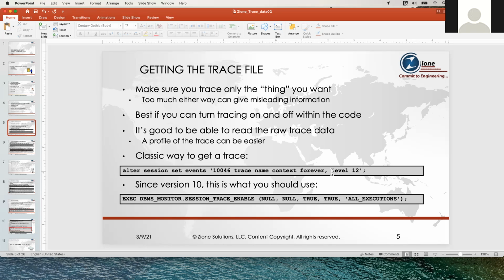And that's okay, I guess. The problem is the stats were an accumulation of all the runs. So if the cursor was opened and executed 5 or 10 times, then the stat lines would show you, for every execution, all of those stats totaled together. Well, that's okay, I guess. But what if the query ran differently each